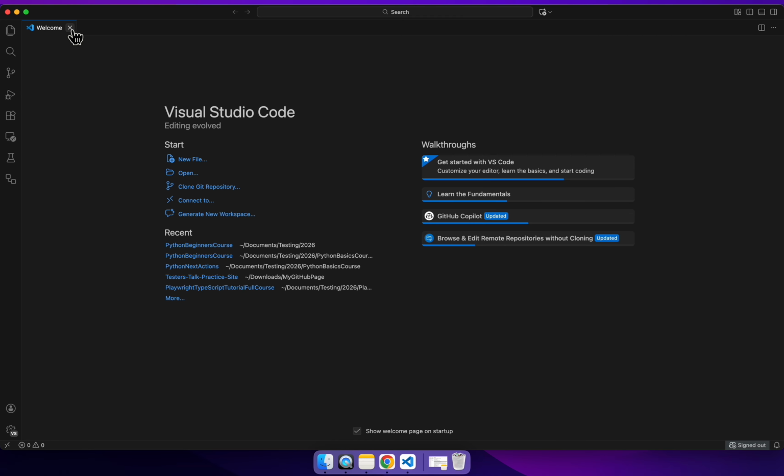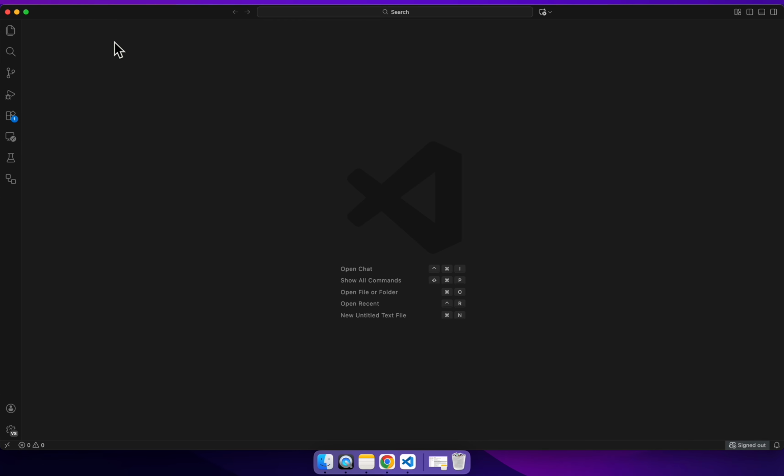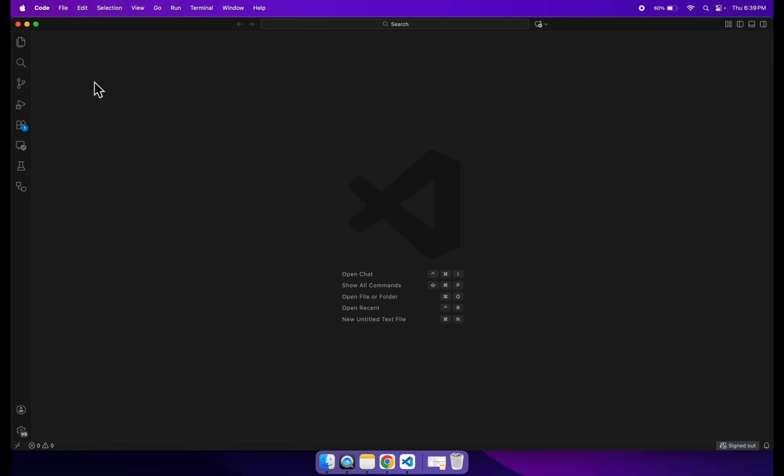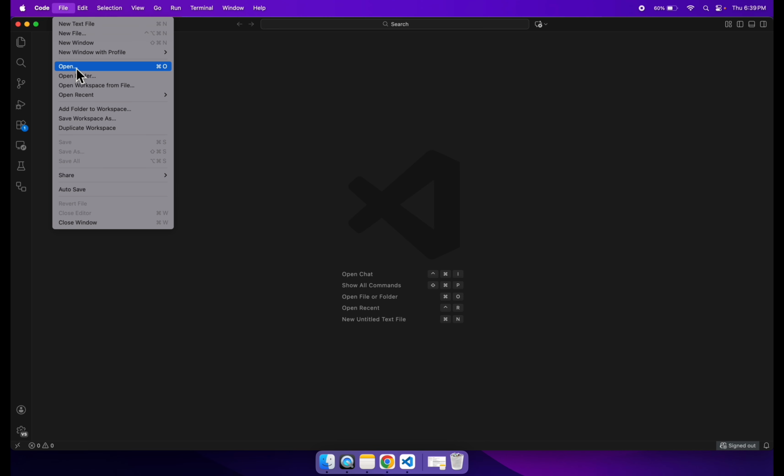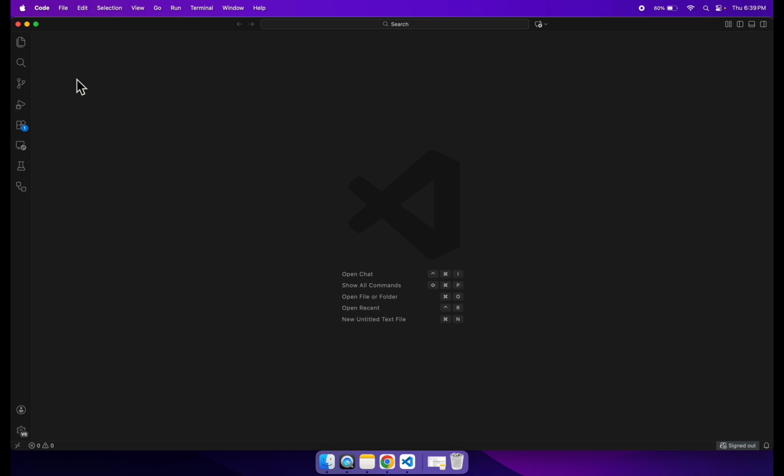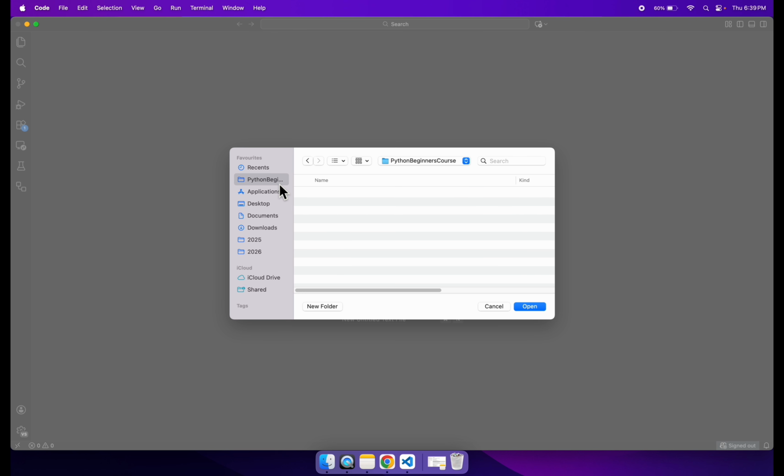and make sure that you have created one empty folder before opening VS Code. You need to open the newly created empty folder from the File menu, where you can select the Open Folder option. Make sure that you have created an empty folder anywhere in your system. In my case, I have created a folder named Python beginners course as an empty folder. Then I am opening it here,